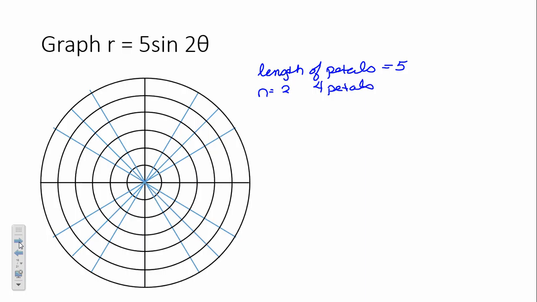Okay, so we know we have 4 petals. They're 5 units in length, and this is a sine. So we have to figure out where we're going to start. Okay, it won't always be at 0. In fact, it won't be at 0. So we replace r with a. And we solve. So 5 divided by 5 is,